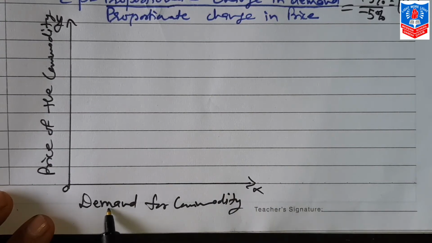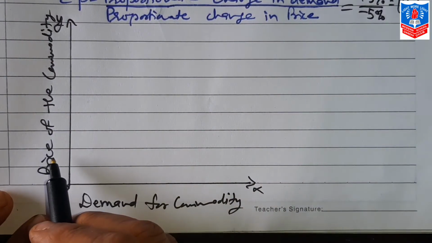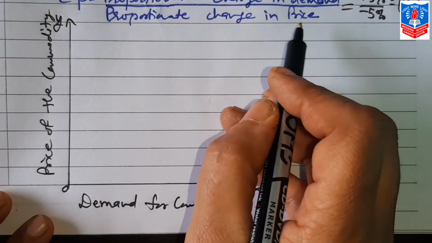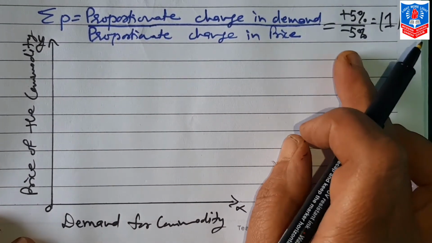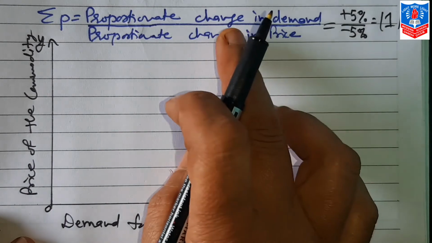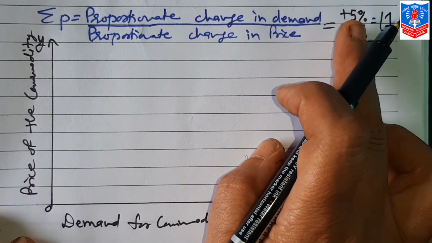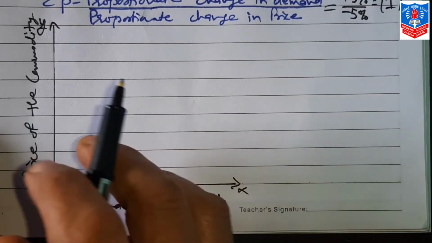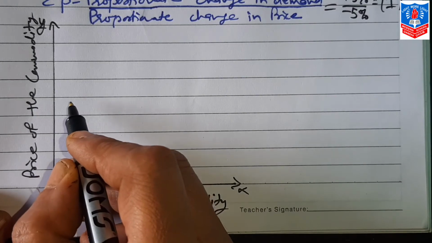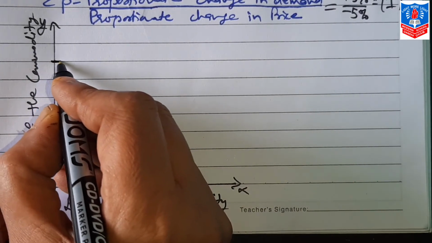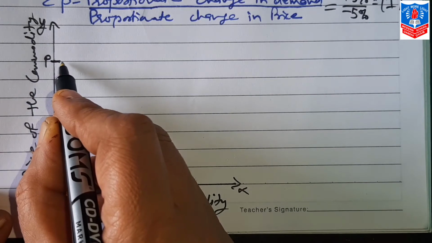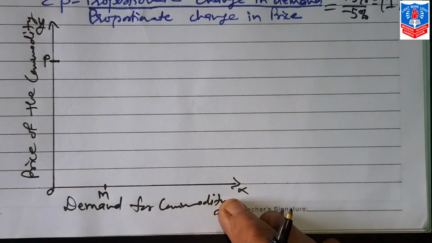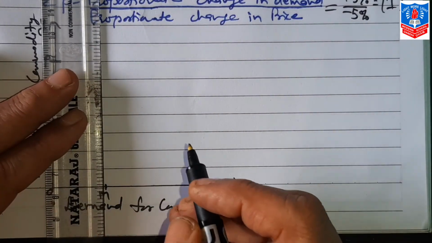Two axes: on the x-axis I have taken demand, on the y-axis the price of the commodity. Now here, the proportionate change in price, that is a 5% decrease, and because of that, in the same proportion there is an increase, that is plus 5%. So this we show on the diagram. Here you can see, say here I have given the price as point P, and on demand here I have given point M. Now if I draw the line,